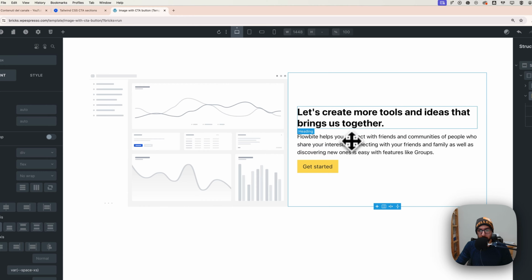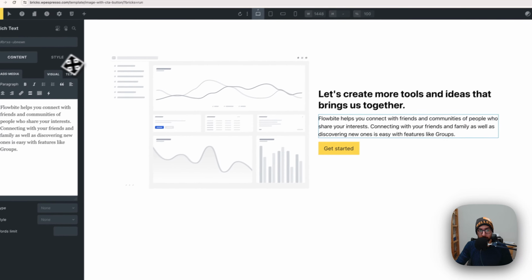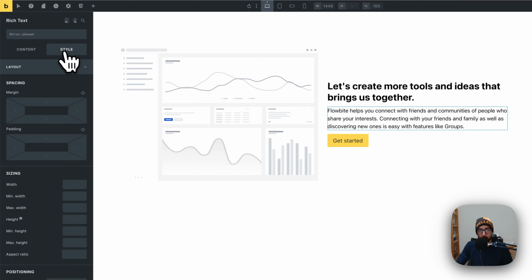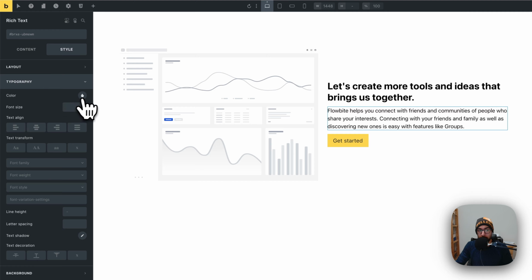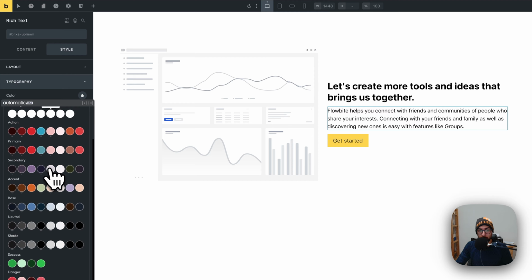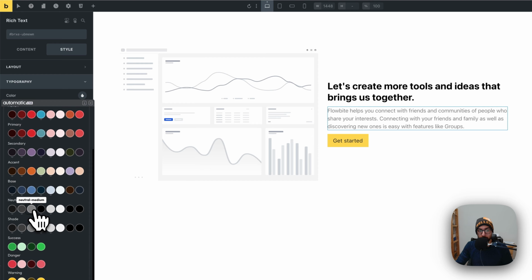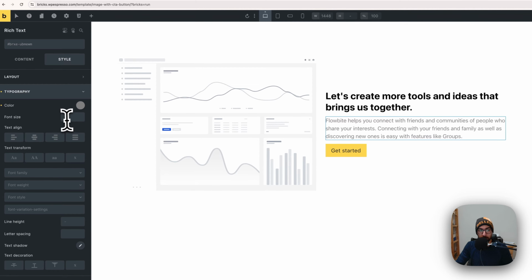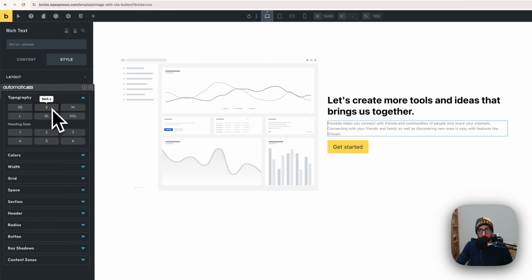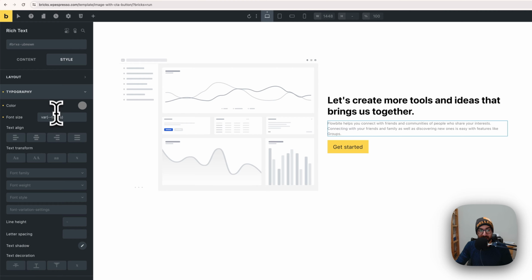But for example, the title could stay the same, but let's say the text is not really the same. You can click on it, go on style, and here on style, just open the typography tab and choose your color here. I usually go with a neutral medium color. Okay, and then for the font size, again, I'm going to use an S by also adding a calculation,